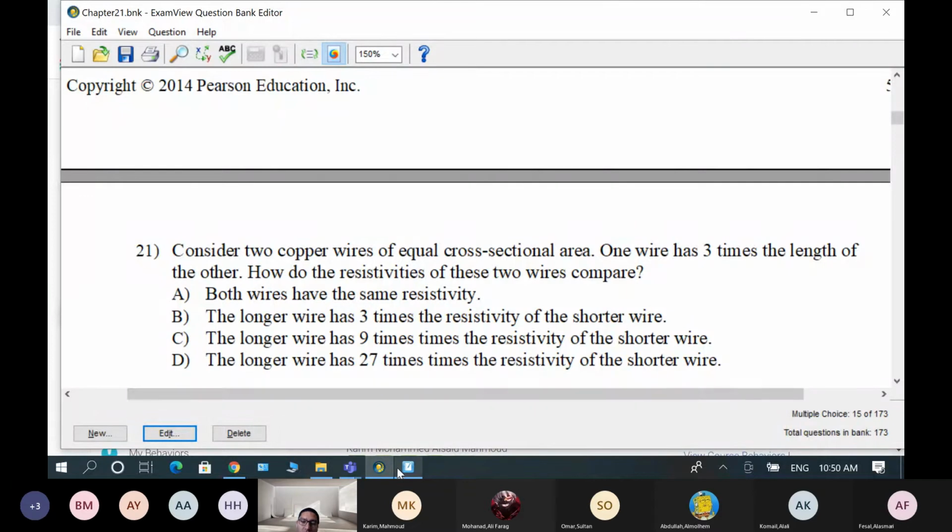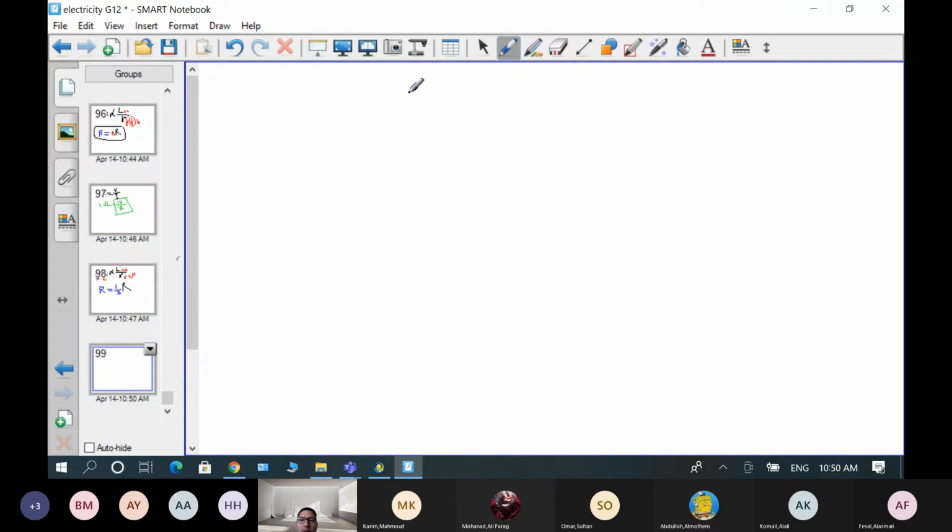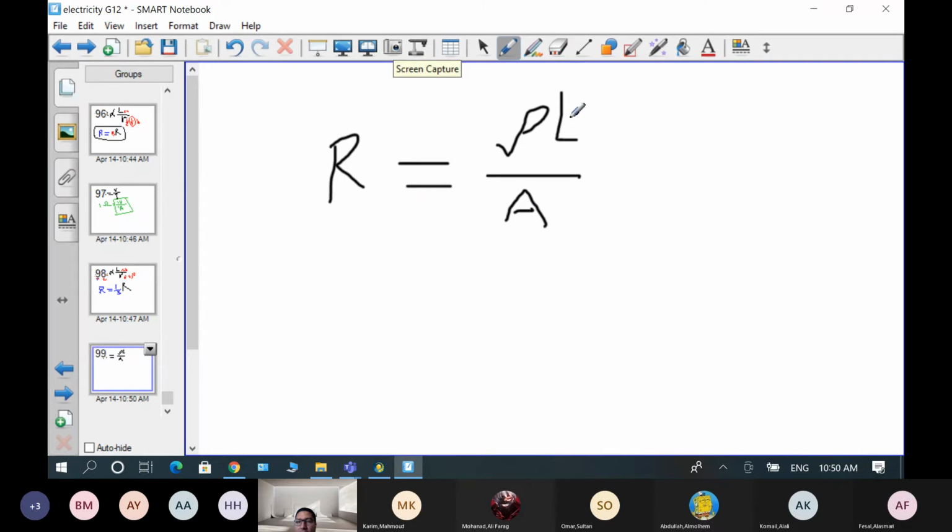Let's go back to this one and see what is resistivity. Let's add a new one. Resistance equals resistivity rho multiplied by L divided by area A. This is the formula to find the resistance. So we have length and A, those are the dimensions, but rho here, which is called resistivity, depends only